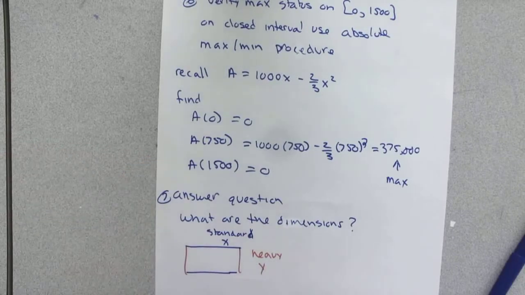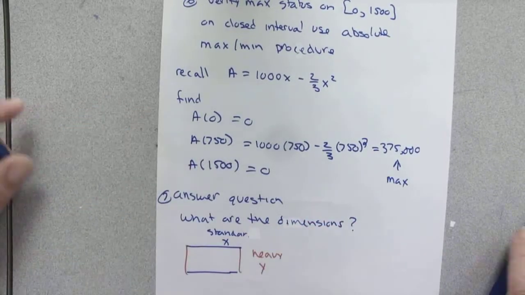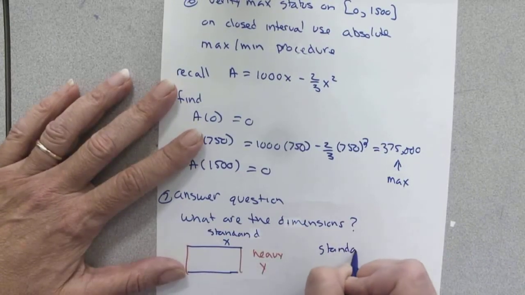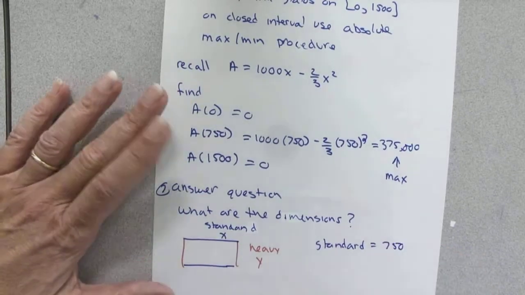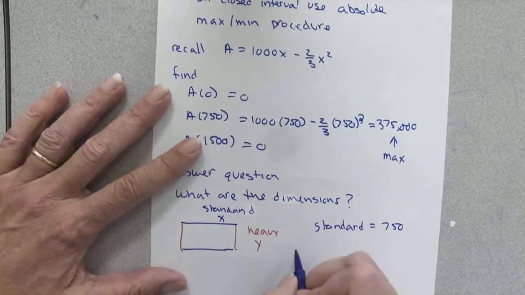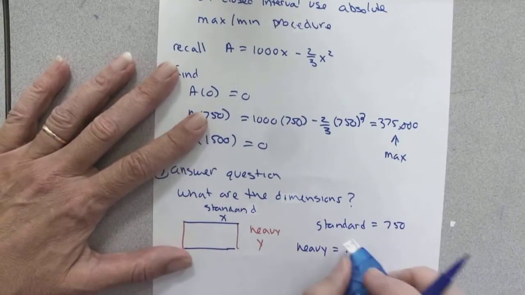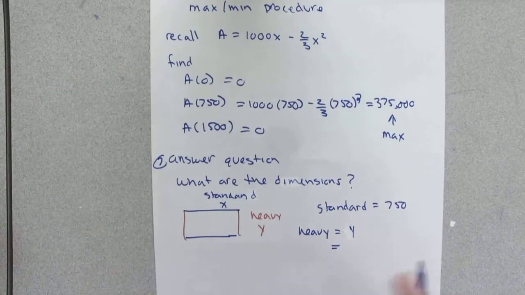The heavy was y. Standard fencing, heavy duty fencing. And so standard was the 750. The heavy duty was y, and y was equal to